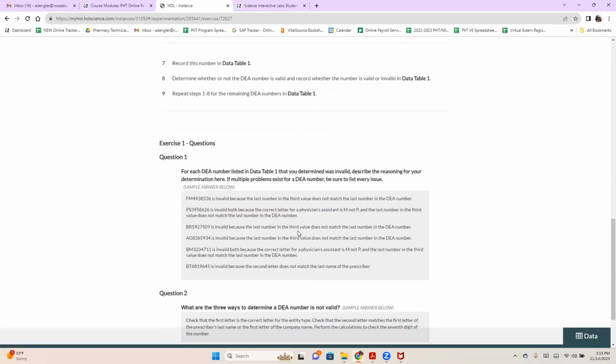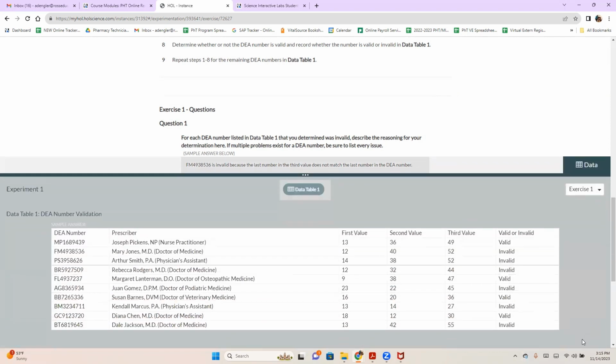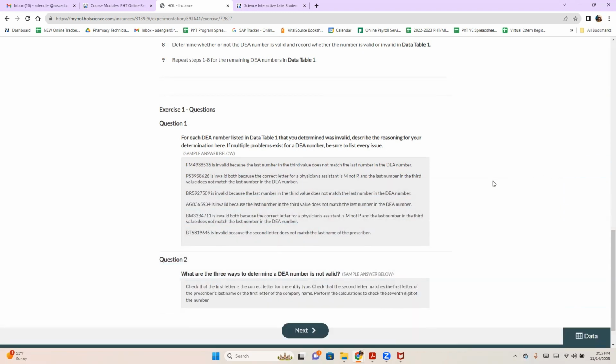All right, let's head on over to the exercise questions. So for number 1, for each DEA number listed in data table 1 that you determined was invalid, describe the reasoning for your determination here. If multiple problems exist for a DEA number, be sure to list every issue. So you're gonna want to pull up your table again and copy and paste from it, and then just put why they aren't valid. And it looks like there's 1, 2, 3, 4, 5 that are invalid. So you want to have all 5 of those listed in your